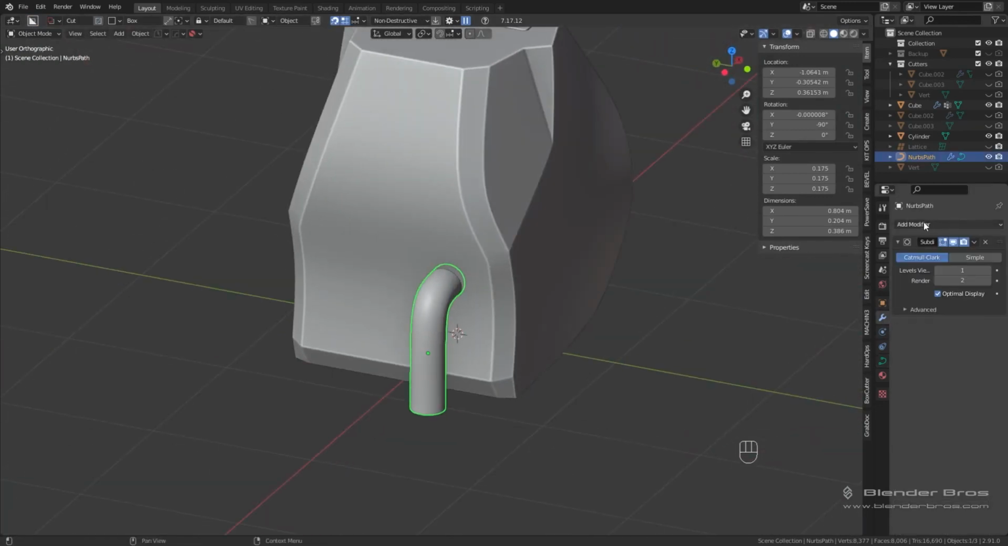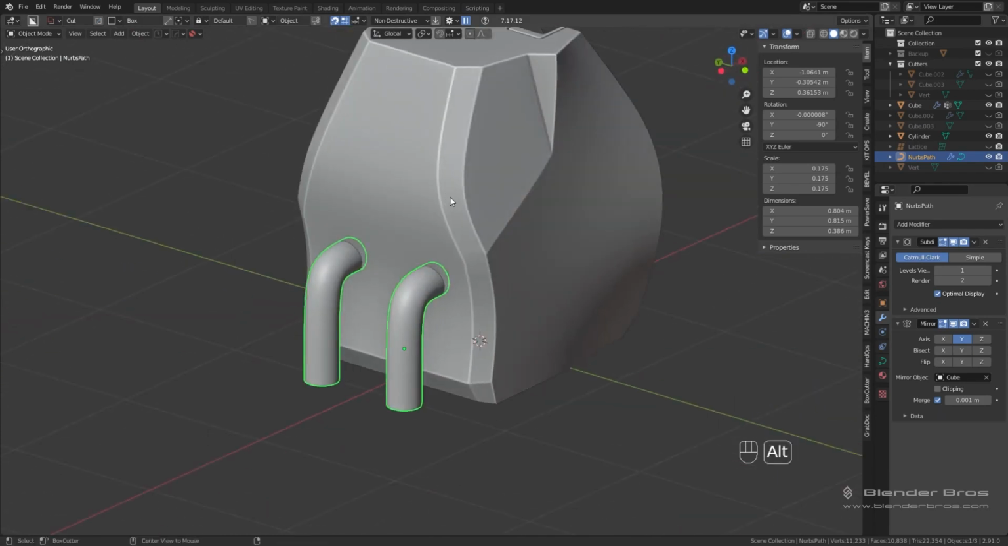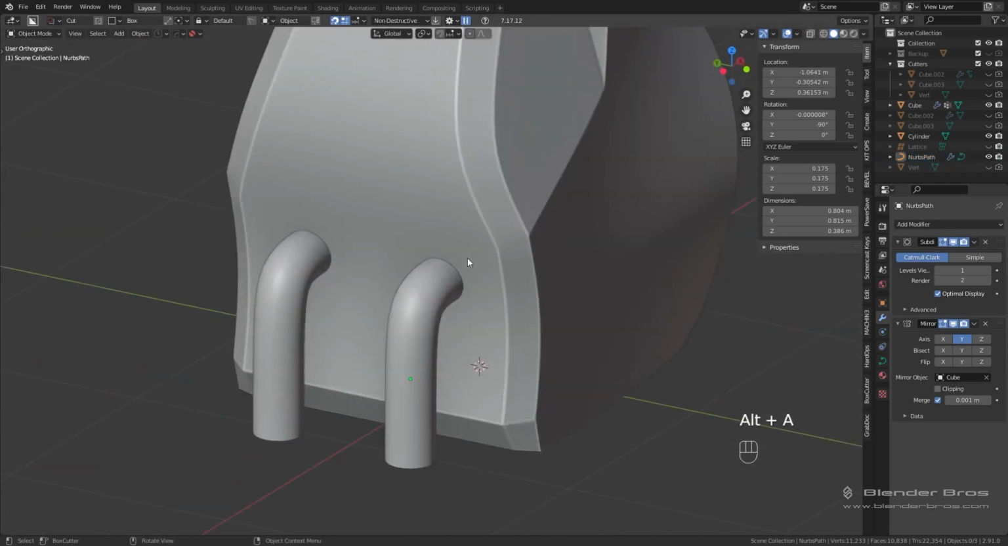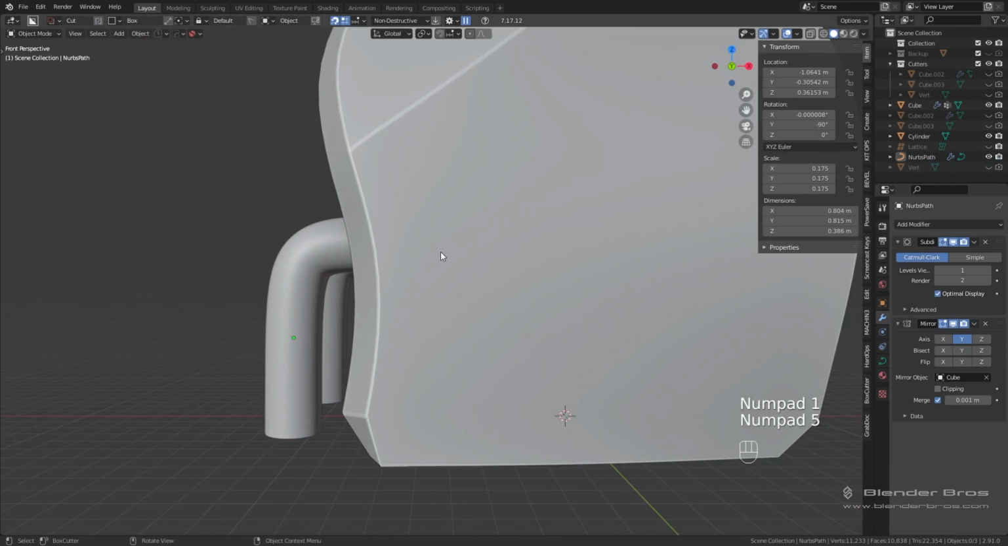And then what I'll do is simply add a mirror modifier, and we're going to mirror across the y-axis and choose this as our mirror object, like that. Now we have some cool little pipes going on, and maybe what we could do is